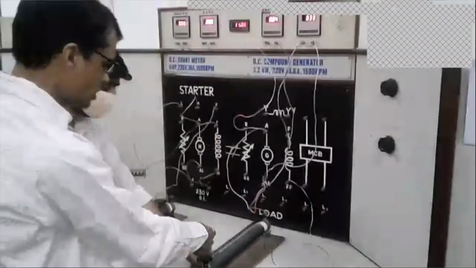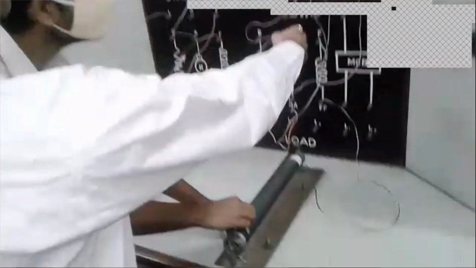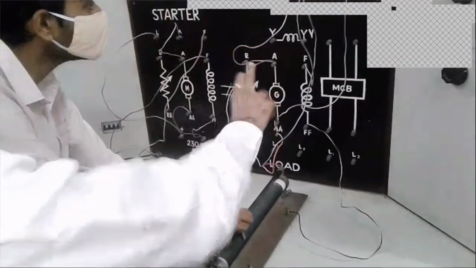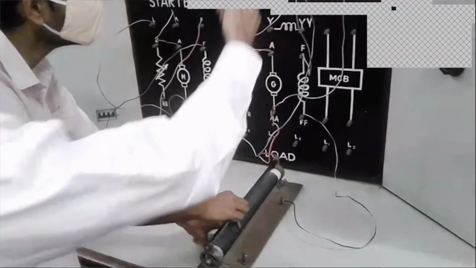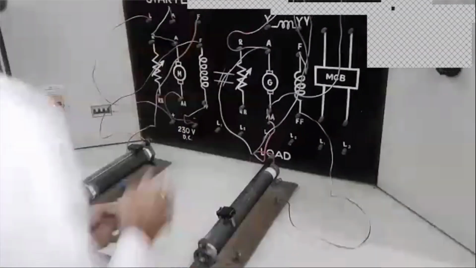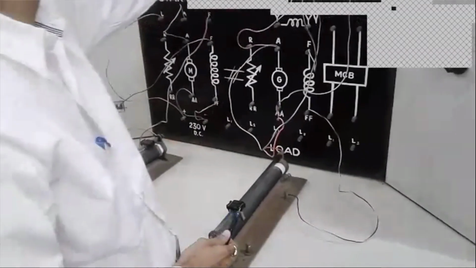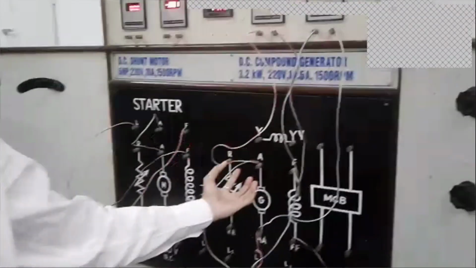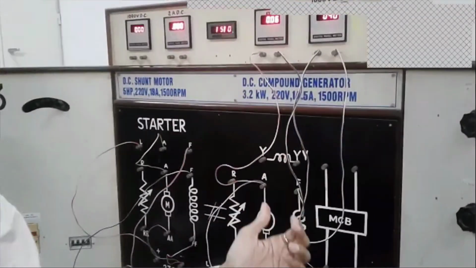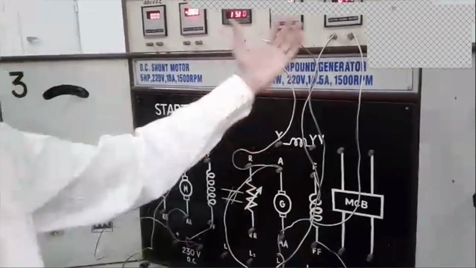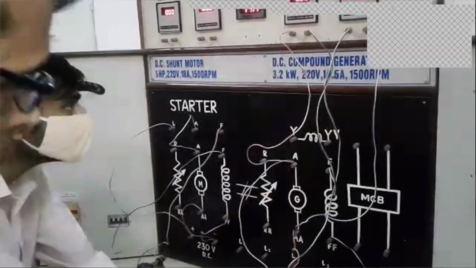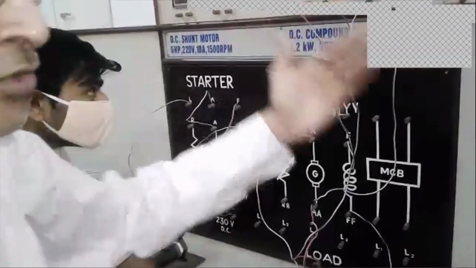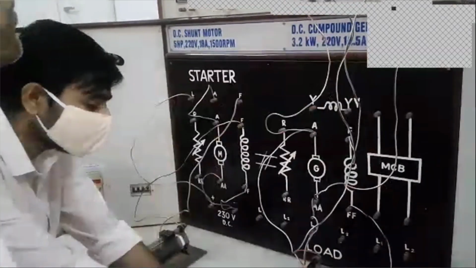Now we can vary the value of the rheostat, which is connected with the field winding of the generator. As we already discussed, the function of this field rheostat is to change the field current. By changing this rheostat, we can change the value of the field current flowing through the field winding, and as the field current changes, it will generate a magnetic field, and that magnetic field will generate the voltage. As you can see, as we gradually increase the field current, the generated voltage increases. So that we have to take. This is our second reading.